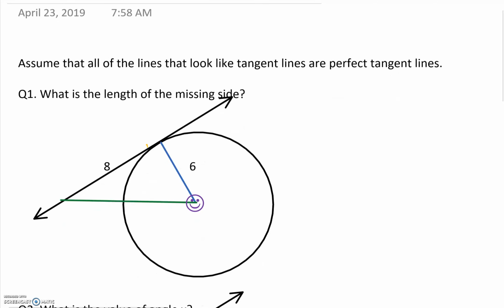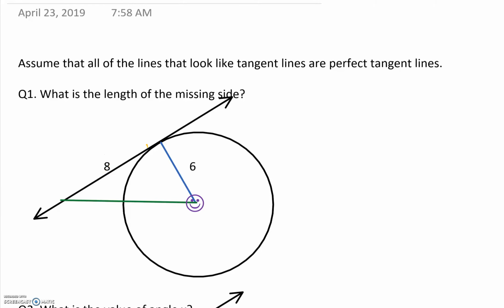So this question says, what is the length of the missing side? Oh, the other thing is, if you see a smiley face like this in purple, then this is the center of our circle for the next few videos. So this is important. Everything has to be going to the center. So center of our smiley face, the nose is the center of our circle. Okay. What is the length of the missing side? So we have one side here, and the question is, what is this side? And that's not so bad,